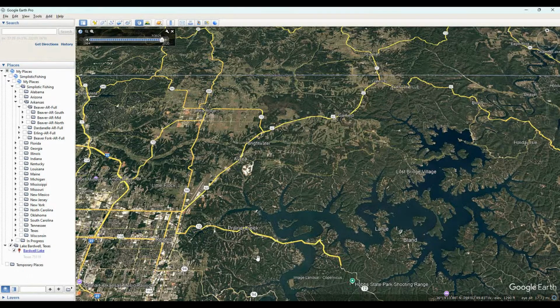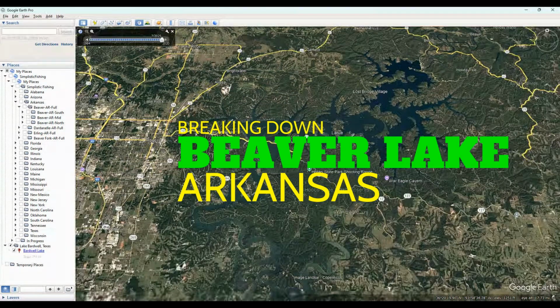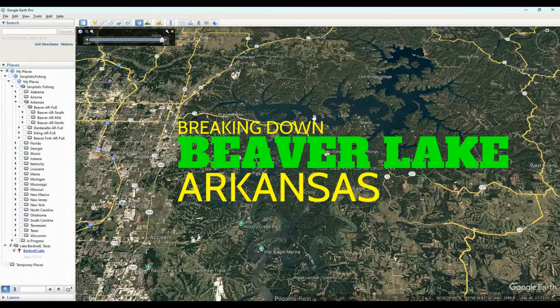This is Beaver Lake in Arkansas, if you're wondering. There are a lot of different Beaver Lakes out there, but this one took us quite a while to break down, and as you know, we had quite a few people asking us to get this one done. So tonight, I'm going to go through the breakdown with you